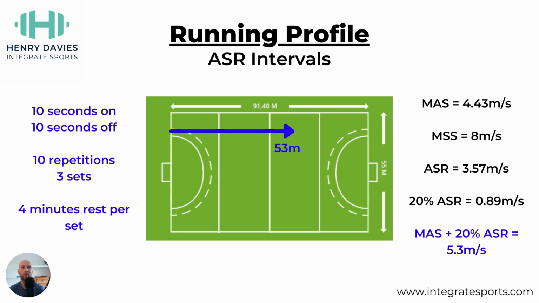So in summary, with this method, we need to have an accurate idea of our max sprint speed, and this is probably one of the difficulties practically, often. Getting a really accurate picture of our max sprint speed can be quite difficult unless we've got things like timing gates or a speed gun. Not everyone does. So for most people, just simply using something like tempo intervals based off of our best effort over a distance, or MAS intervals based off of 16 pitch lengths, is actually quite an easy and effective